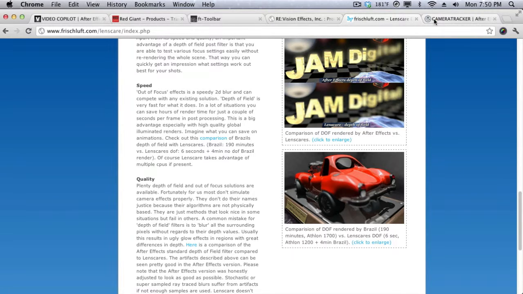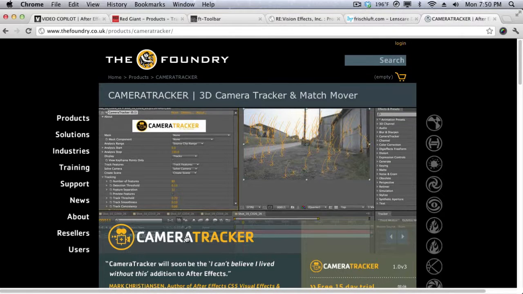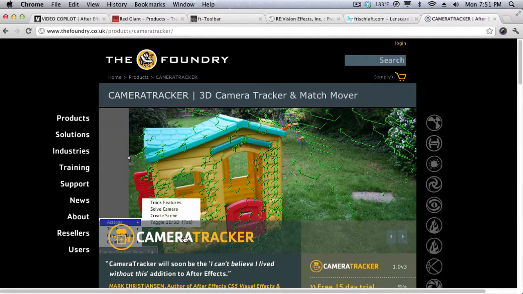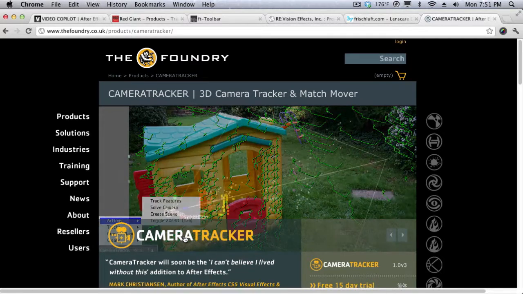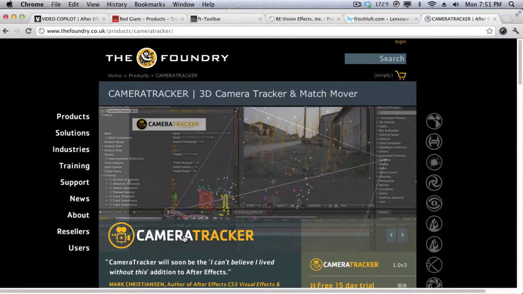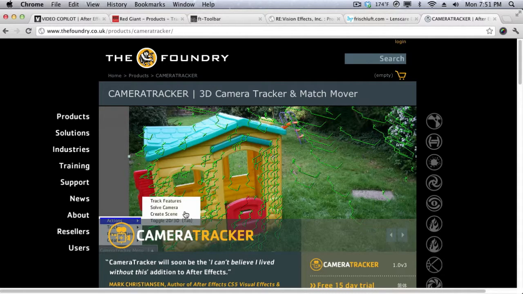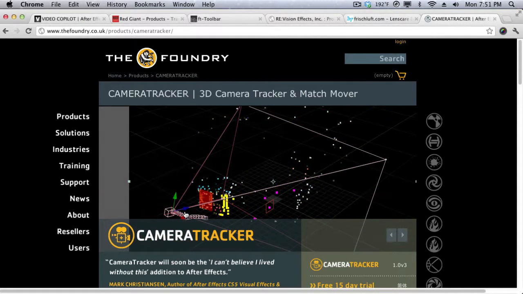Now finally, I want to talk about the Camera Tracker by the Foundry. These are the same guys that created Nuke, but pretty much it's a lot more advanced than CS6's 3D Camera Tracker. And if you're running CS4 or CS5, then you definitely do not have a 3D tracker. And I highly recommend the 3D Camera Tracker by the Foundry because it's a lot more advanced than the built-in tracker within After Effects, and it's a lot cheaper and more affordable than a dedicated tracking program such as Mocha Pro or maybe Boujou or something like that. So definitely check it out. I highly recommend it for all you compositors out there that want to composite stuff in and do 3D matchmaking and moving and stuff like that. So definitely check it out,